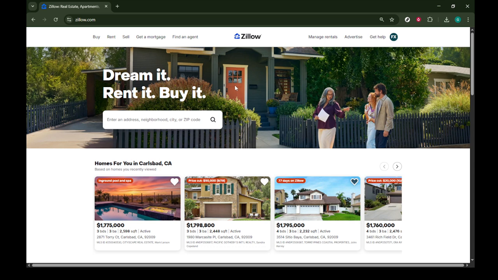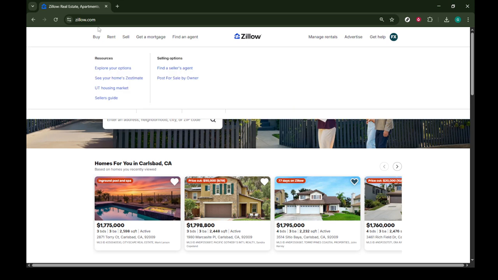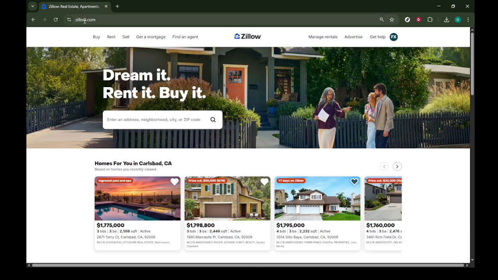as streamlined as possible. First, you'll want to navigate to Zillow's website or open the Zillow app on your device. If you're using a browser, just type in zillow.com and hit enter. If you're on a mobile device, open up the Zillow app. The interface on both platforms is quite user-friendly, but today we're going to walk you through the desktop version as